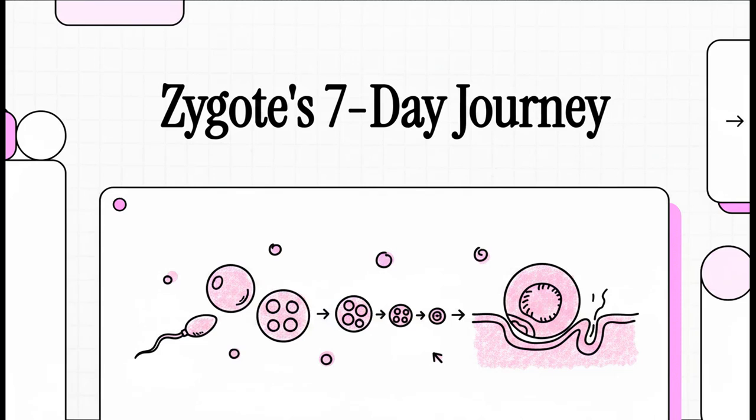Today, we're zooming in on one of the most incredible biological races against time in existence, the human zygote's epic 7-day journey from fertilization all the way to implantation. I mean, we literally all start as a single cell, right? But the sheer amount of highly coordinated, mind-blowing biological engineering that has to go down in just one single week,